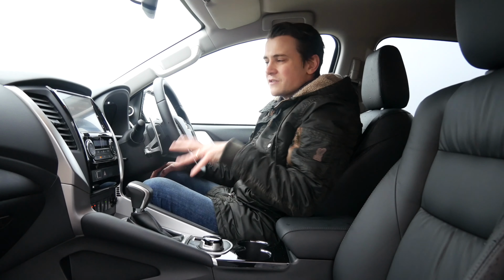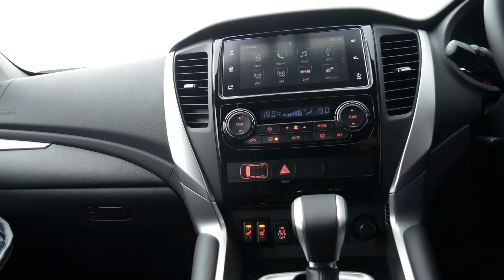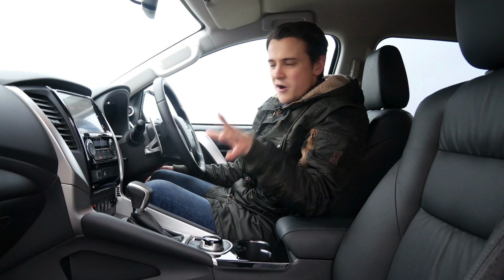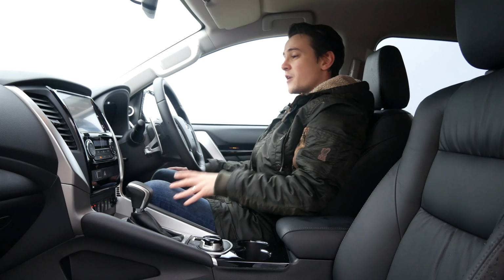But it is good off-road. One thing I will say about the cabin is that it does look better in the daytime, because at night there's no way of hiding that retro orange lighting that these buttons have. Anyway, apart from its hardware and conservative design, the Shogun Sport is fairly well equipped, with our 4 Auto model